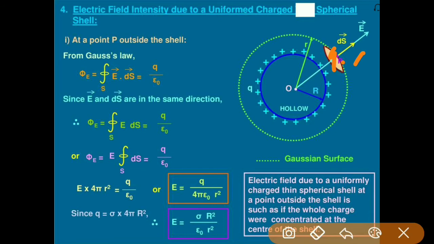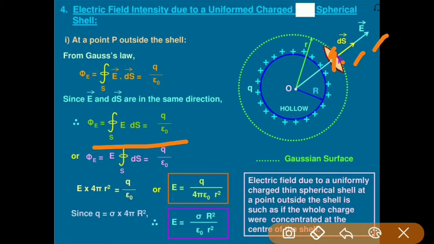And the electric field, you know that it is a positive charge, so for a positive charge it is always in the outward direction, so the electric field is also in the radial direction. So the closed integral of E dot dS becomes E dS cos theta, and the angle between the electric field vector and the area vector is 0, so that becomes cos 0, and cos 0 is 1.